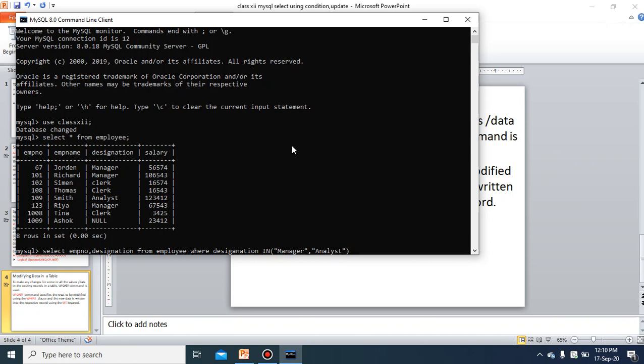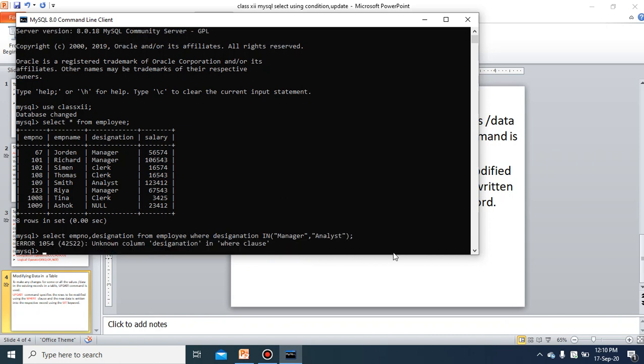Select empno means the employee number will display, and the designation will display, for only the manager and analyst. There is the clerk also, that is not going to display. Error in designation in where clause, maybe the spelling of designation is incorrect, okay, the spelling is incorrect, designation.